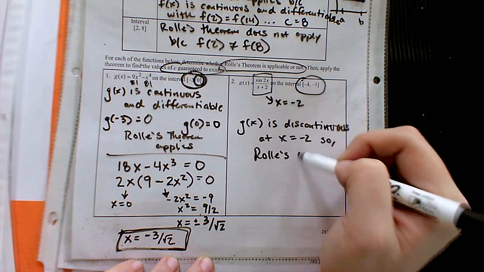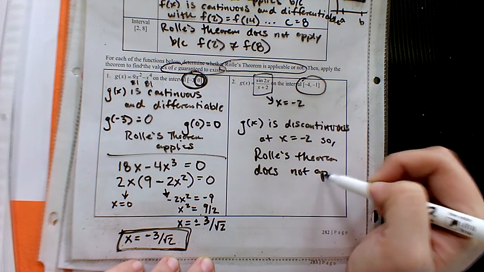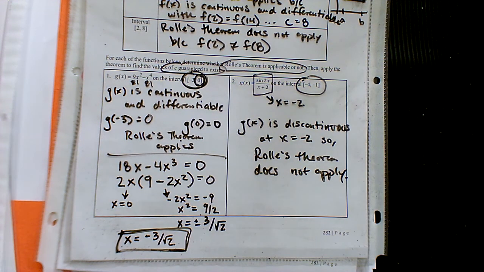So Rolle's theorem does not apply. Okay? I got to make sure that this is clear. This is not telling us that we do not have a spot where the slope is 0. Okay, there could be one. This is just telling us we're not guaranteed to have one. We would have to check a little bit further. This is just a guarantee or not. We're not going to do that though. We're just going to check to see if Rolle's theorem applies.